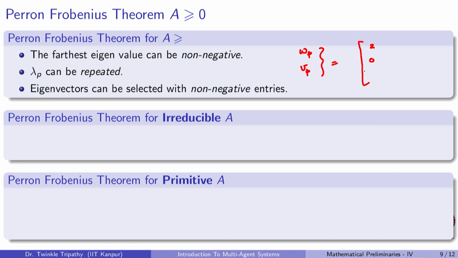sometimes for a 3 cross 3 matrix, it can look this way. It can happen. Now, this is something which will never happen in the case of a completely positive matrix. Now, in general, when a matrix is greater than or equal to 0, sorry, there should be a 0 here. Now, in these cases, there are a lot of nice properties that we end up losing as compared to the nice properties which we get for the case of completely positive matrices.